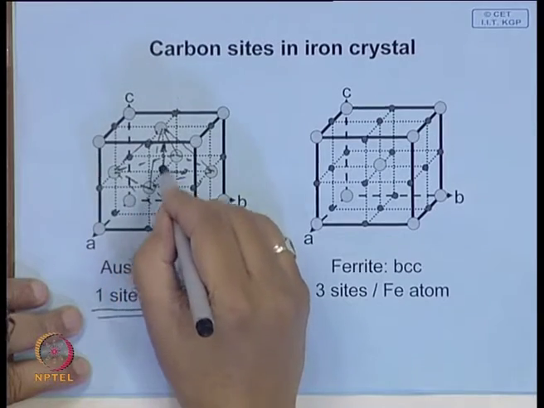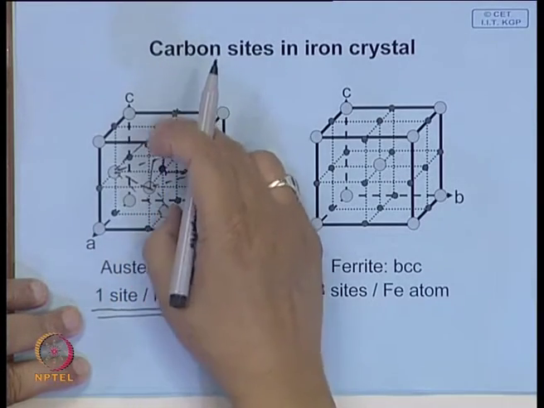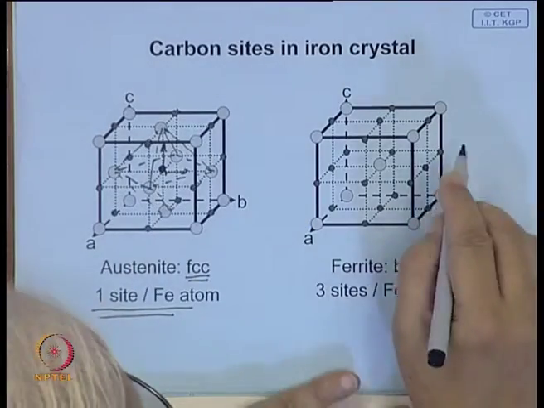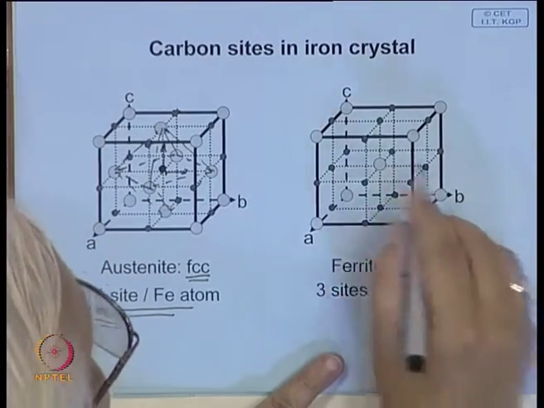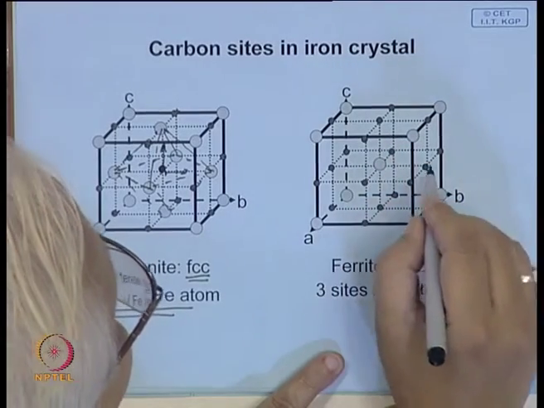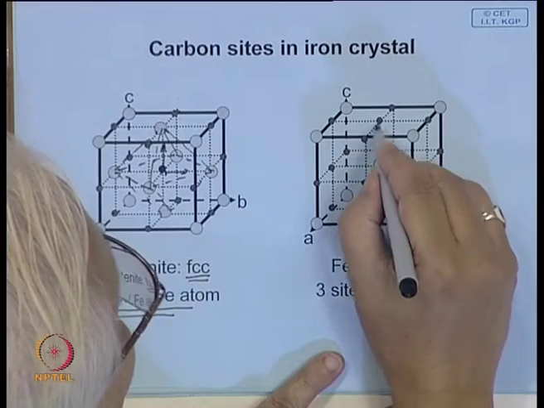So, if this carbon atom goes here, it will only have a hydrostatic stress field, whereas look at these atomic sites. Here also carbon goes into the octahedral sites, and all these surroundings are the same,